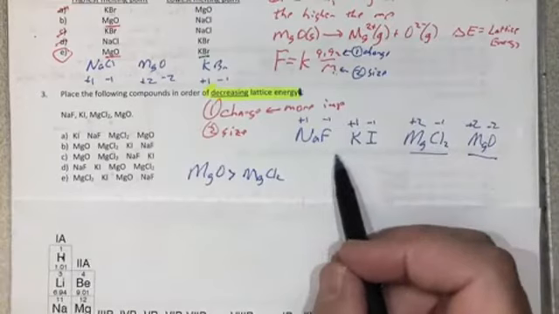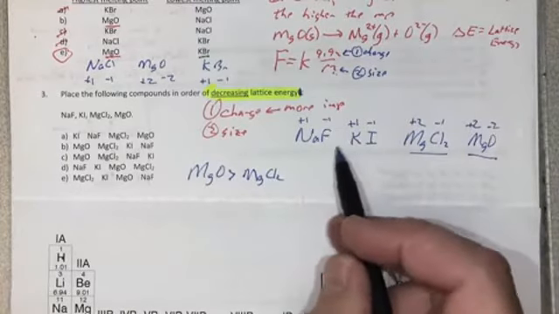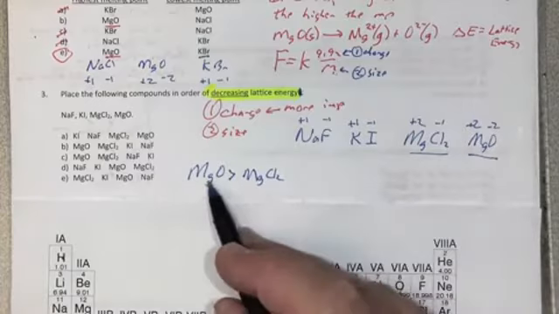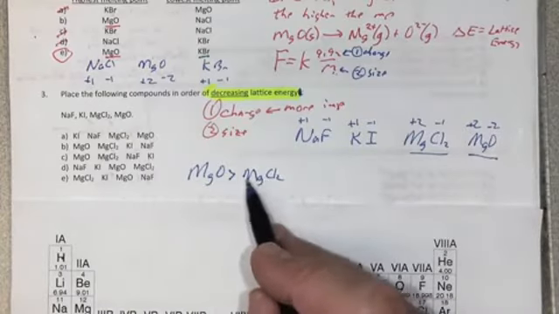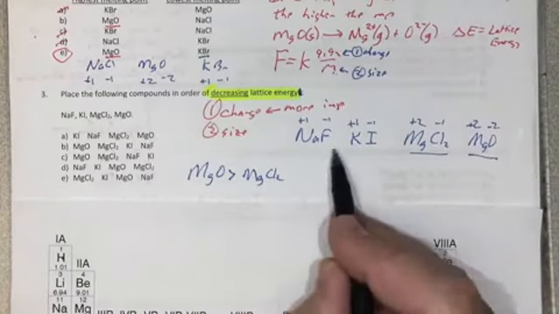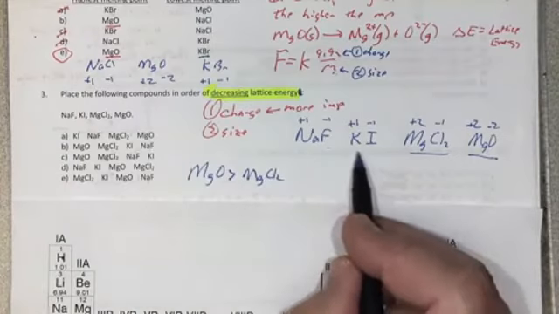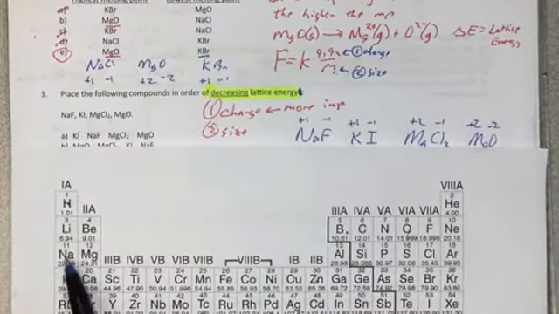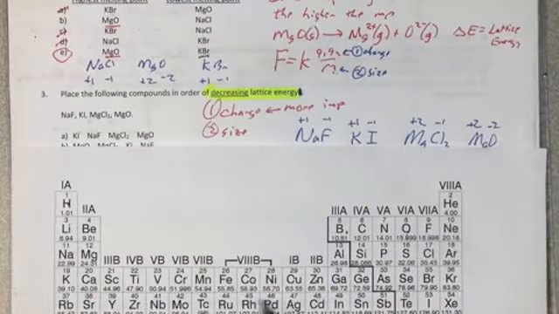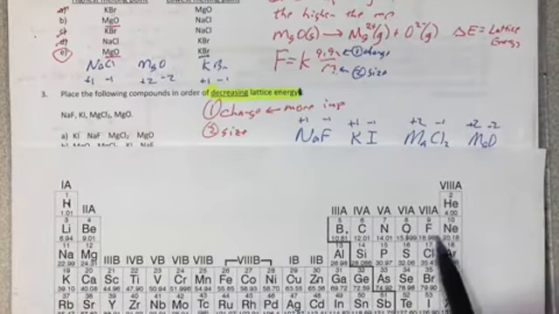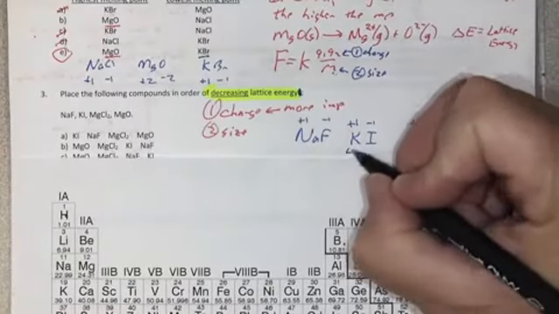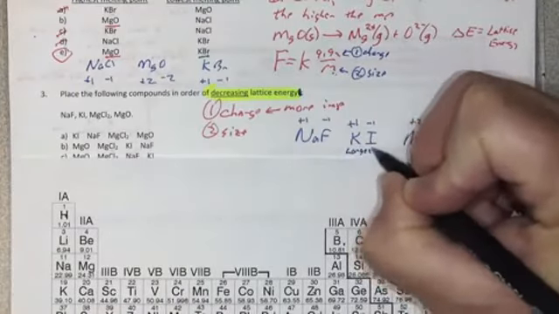Okay, so we're going in order of decreasing lattice energy. And so next we're going to ask between these two, since this is the greatest, +2 -2, +2 -1 is the next greatest, which of these is higher and which is lower? Well, since the charge is the same, we look at size. So we're going to compare sodium fluoride with potassium iodide. Potassium is bigger than sodium, iodide is bigger than fluoride, so potassium iodide is the largest, and so it has the weakest